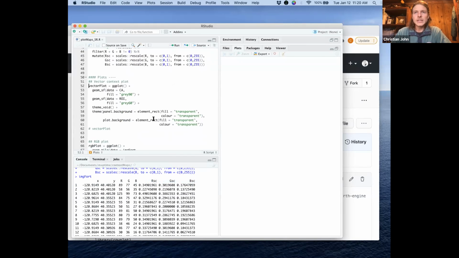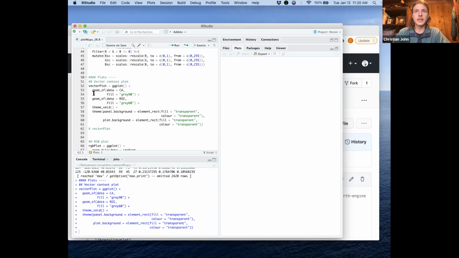So next, it's helpful to have some element of context for your region of interest. I think that the map makers out there would frown upon my lack of a north arrow and scale bar. But again, if you're using this for a presentation and you're presenting to your department at the UC about some county in California, for example, people generally know which way is north in Yolo County and how big Yolo County is. So I create an empty ggplot object and then add a layer for our California spatial layer,